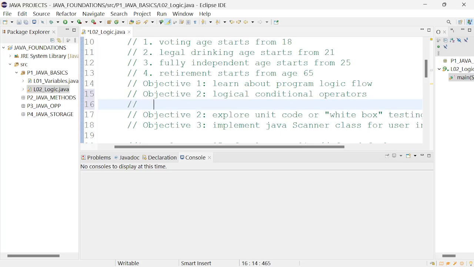And here would be logical equal, logical exclamation mark and equal sign as not equal, greater than, less than, or greater than or equal,